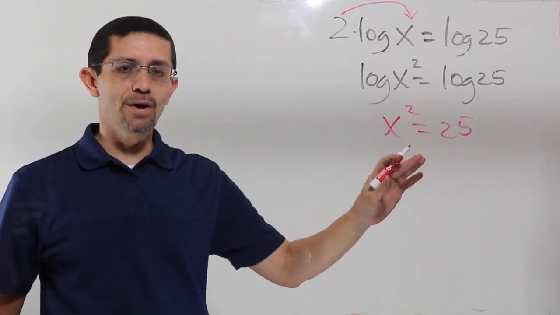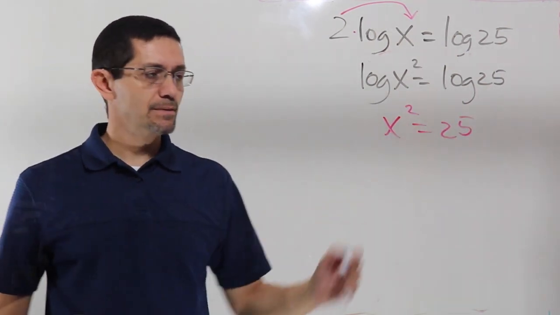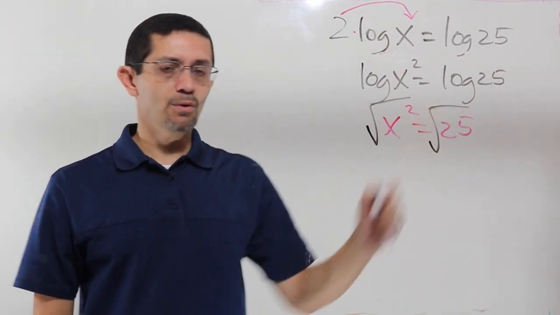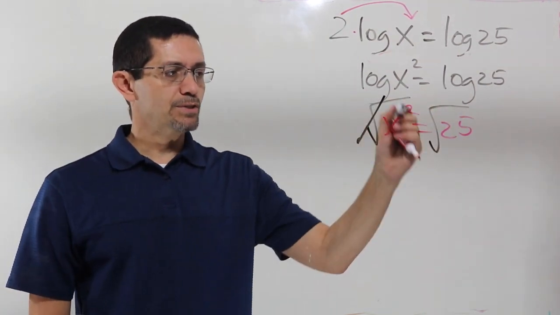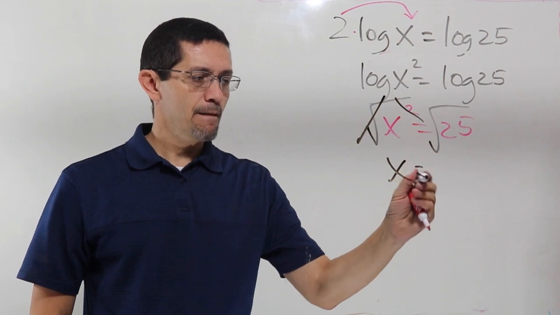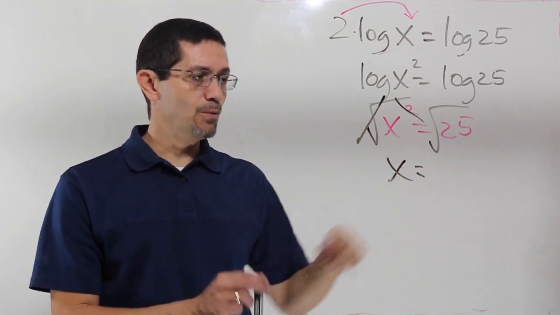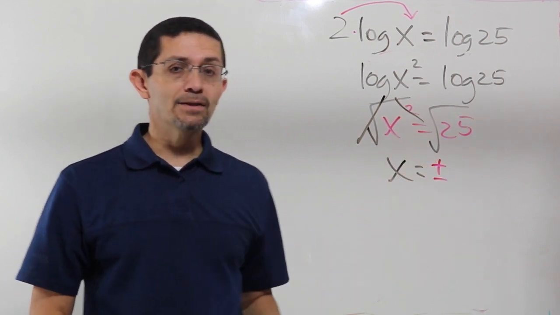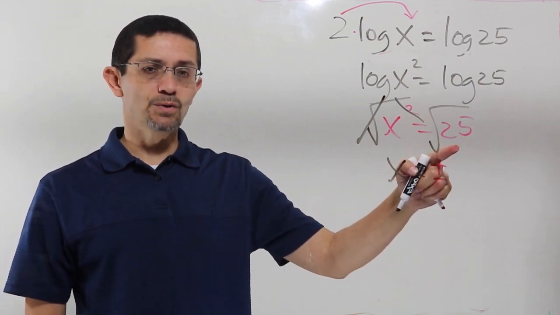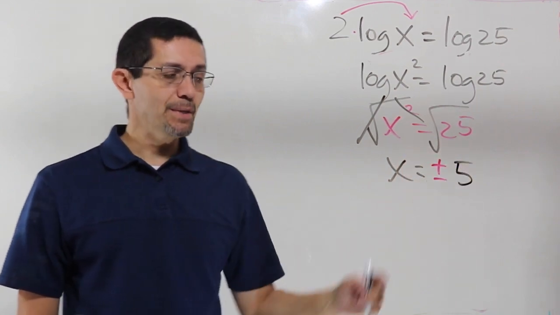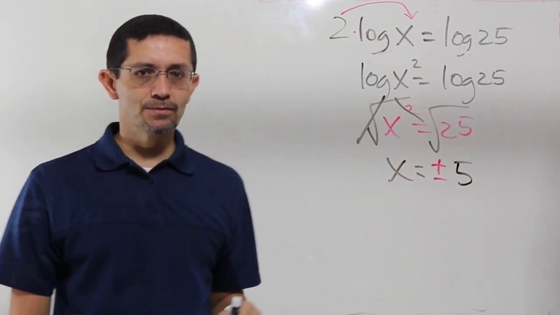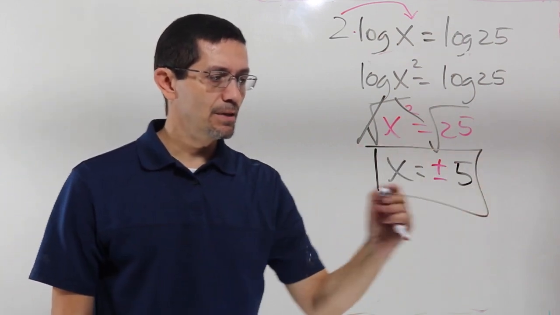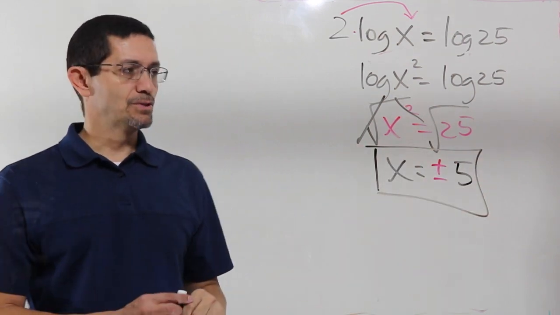And now I have an equation. How to solve this? Square roots. Square root on both sides. Remember, the square roots cancel the square. But as soon as I do square root, I will have a plus or minus on the other side. And the square root of 25 is 5. That means I have a positive 5 and a negative 5 as my answers. We got to check the answers. So let's check